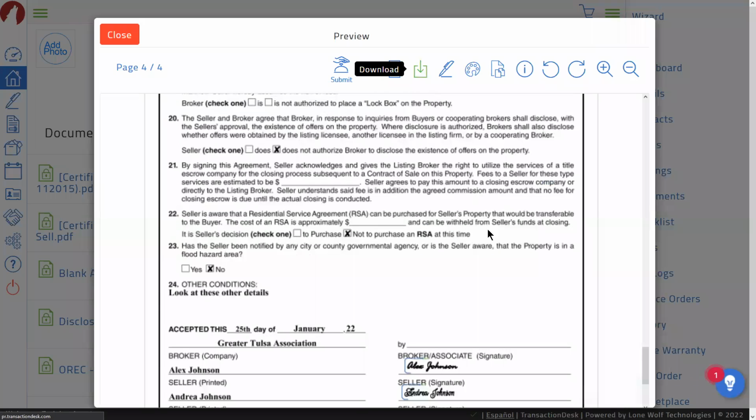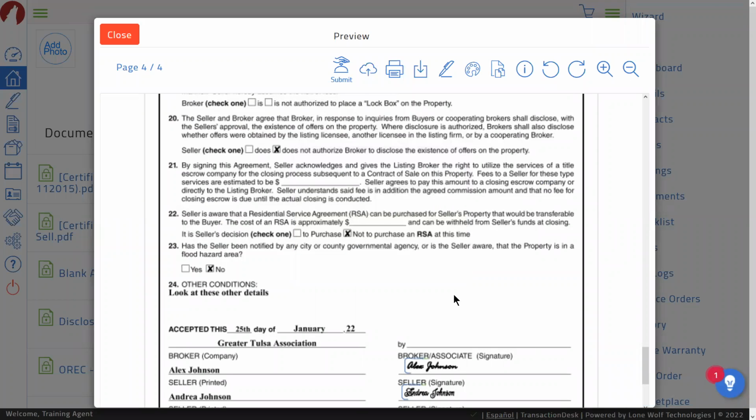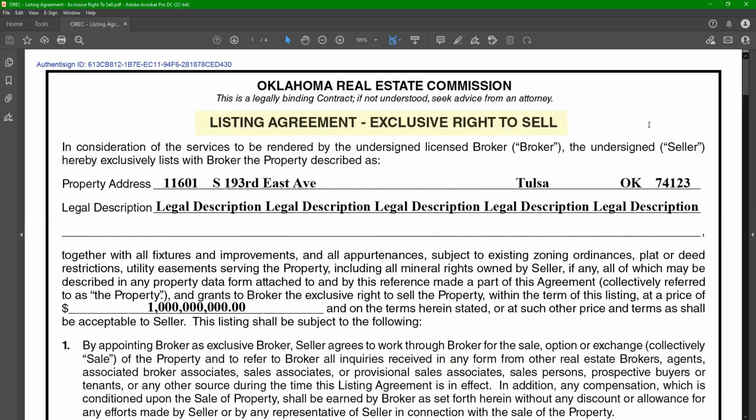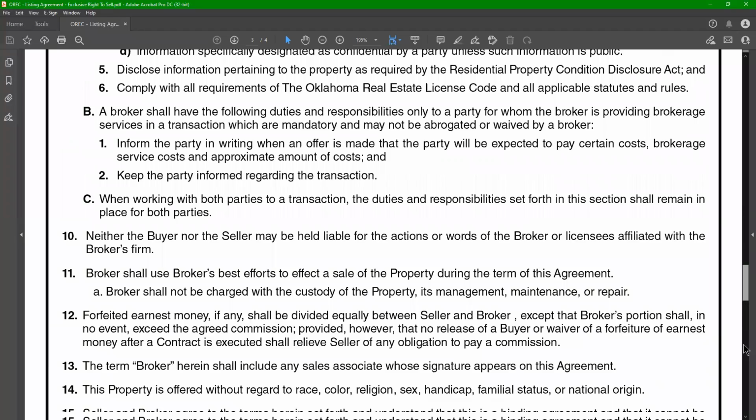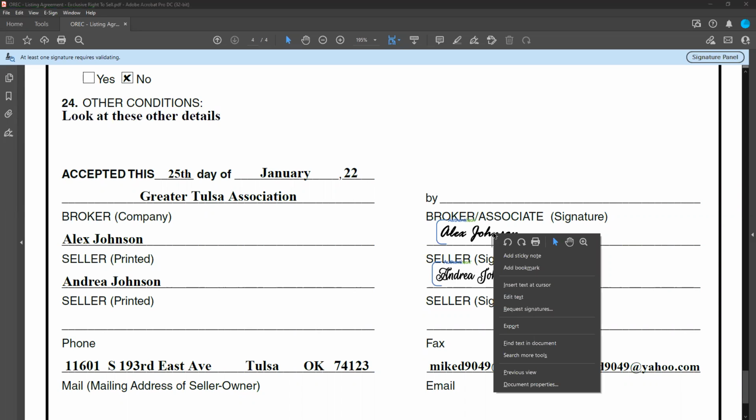And actually, let me download this anyway, because I want to open this and show you guys what this looks like. One of the things that Transaction Desk, as well as some of the other signing options do, is whenever you guys have completed a signing, the PDF actually includes a little bit extra information. So down here at the very bottom, there's going to be the AuthentiSign signatures. These signatures will have their own little blocks that are connected to them, which is not showing.